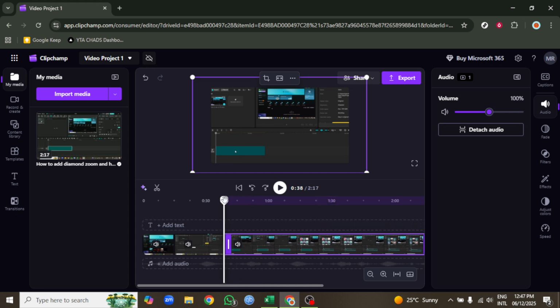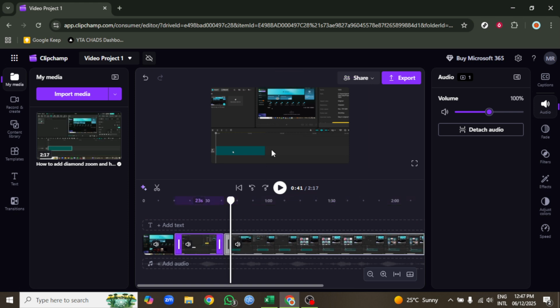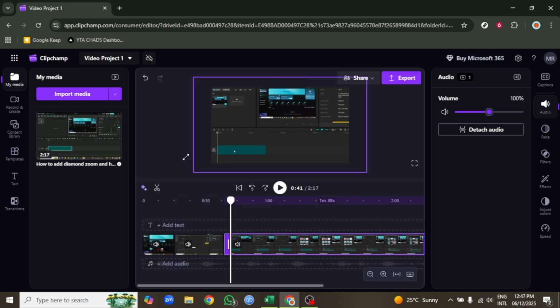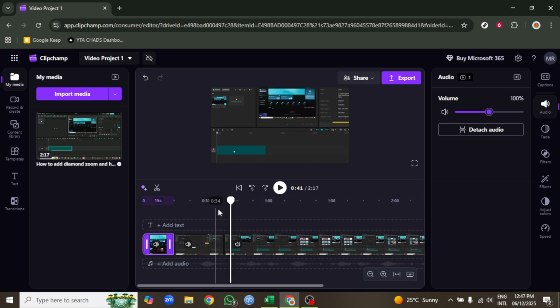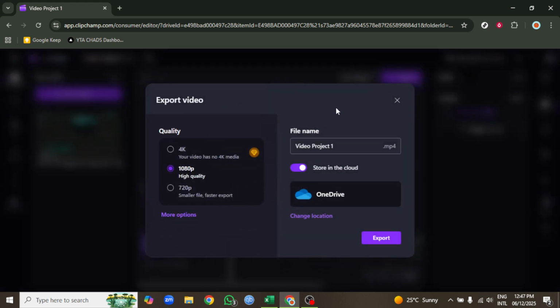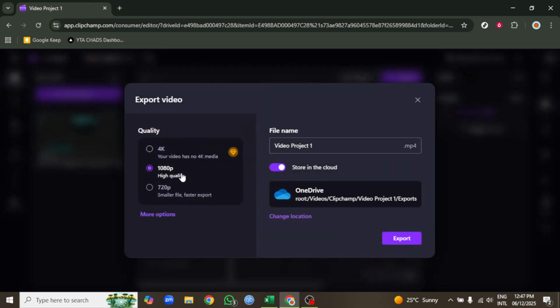If you notice black bars or unused space, switch between fit and fill options in the transform area to choose whether the entire clip should be visible or whether it should fill the canvas by cropping the sides. Keep an eye on image quality as you zoom in. Pushing scale too high can make footage look soft, especially with lower resolution clips. If something goes off center, use alignment guides that appear while dragging or reset the transform to return to the original view. Play a few seconds on the